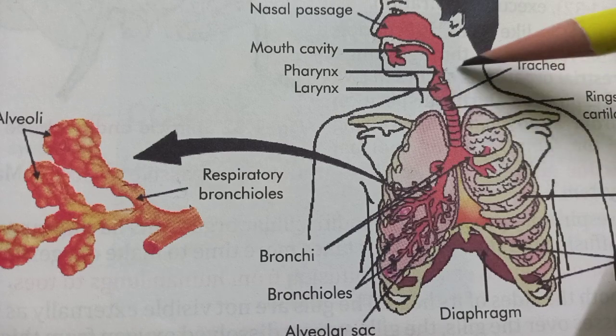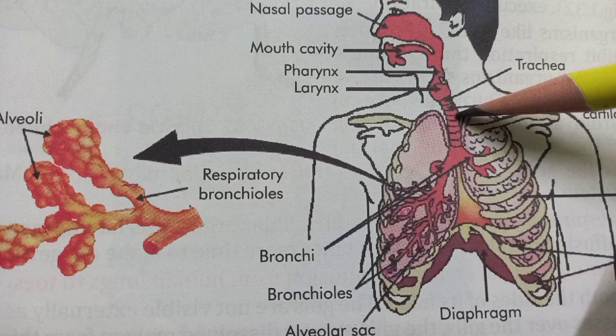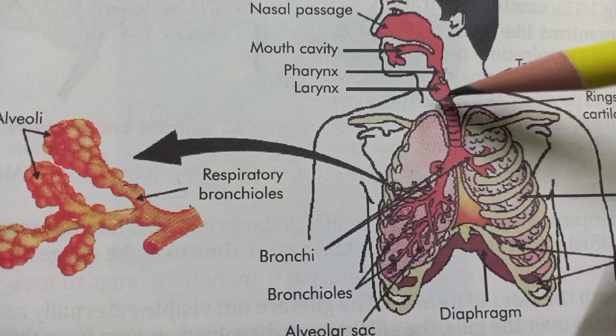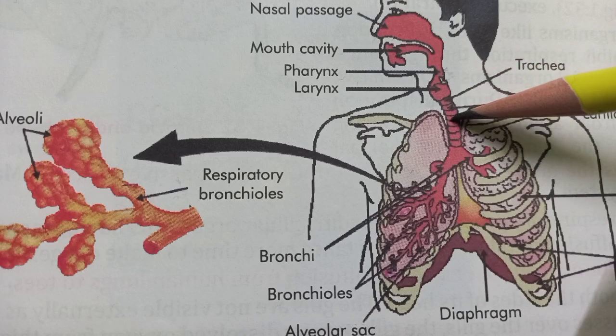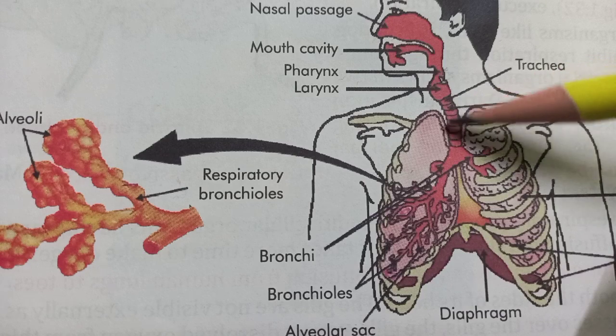And then this larynx is going to open into the next part, that is called the trachea. Trachea is a 10 to 11 centimeter long tube which runs downward through the neck in front of the esophagus. It is thin walled and is lined by pseudostratified ciliated epithelium with mucus secreting goblet cells present in it. Cilia help in expelling dust particles. It is supported by 16 to 20 C-shaped cartilaginous tracheal rings which are dorsally incomplete.